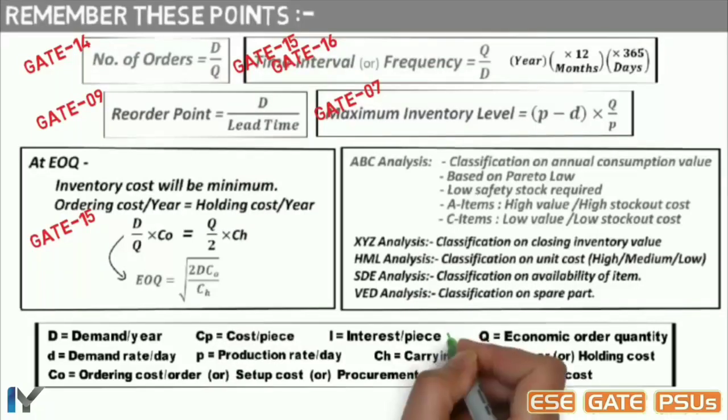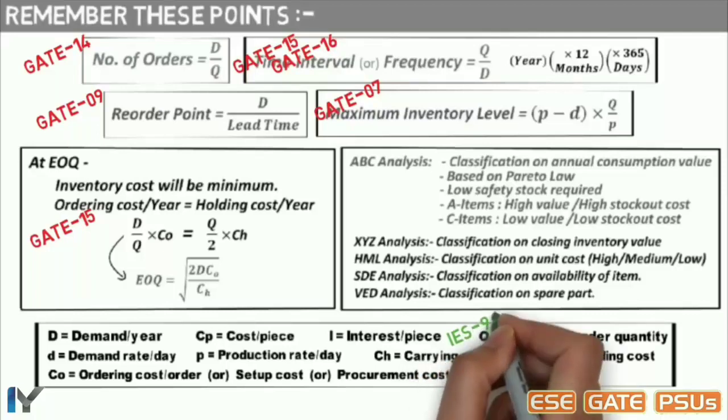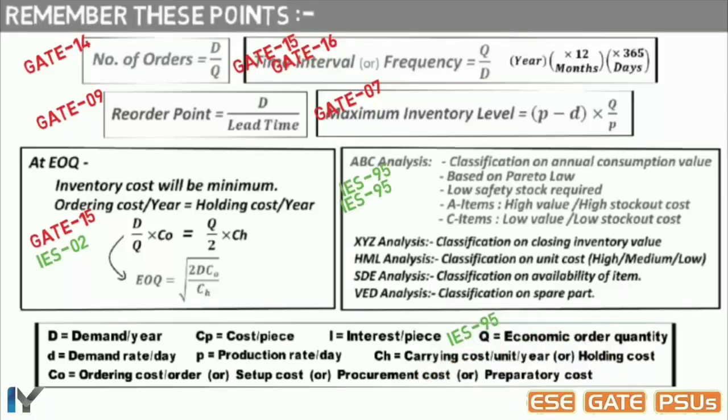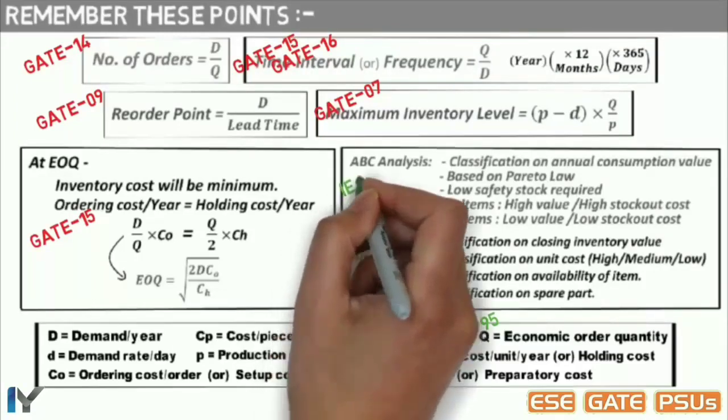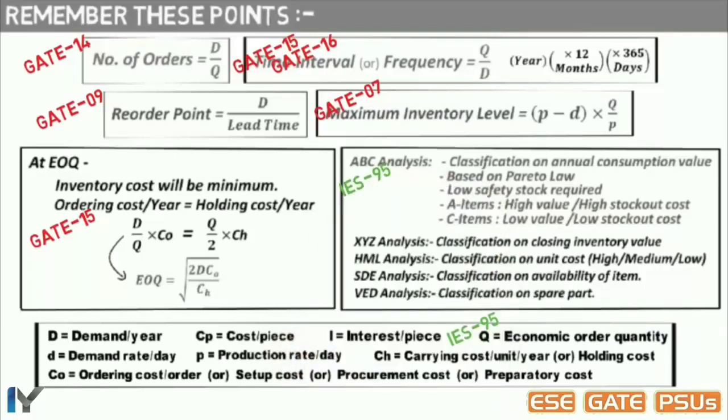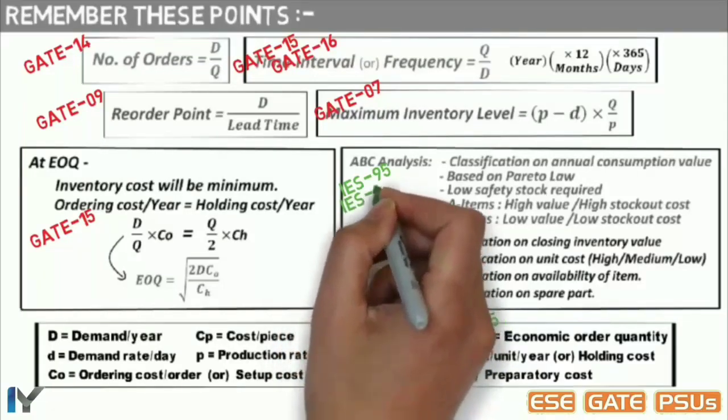In IS 95, 3 questions was there. First one was, in inventory control theory, the economic order quantity is optimum lot size. Second question, classify items in ABC categories in inventory management is done by arranging items in decreasing order of annual usage value. Third question was also on ABC analysis, asking which of the statements are correct. Just remember these theory points.